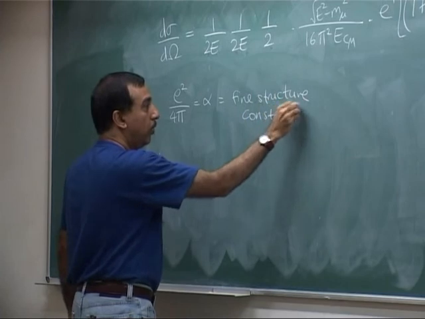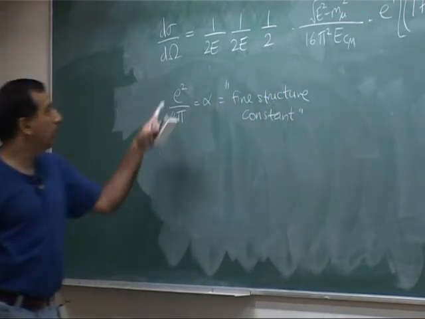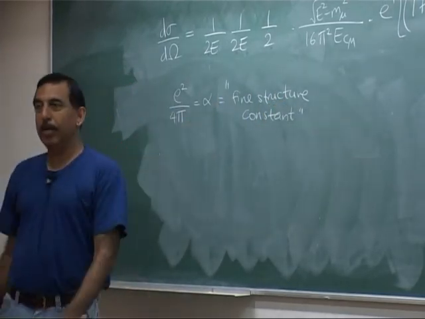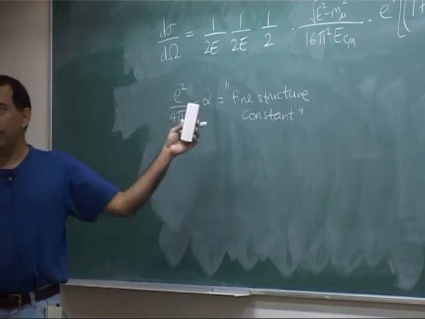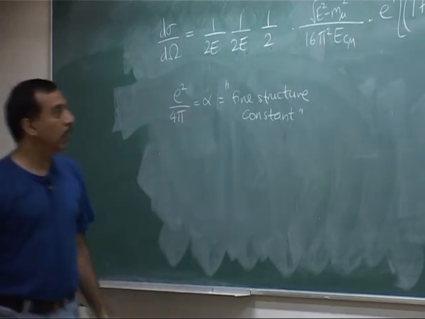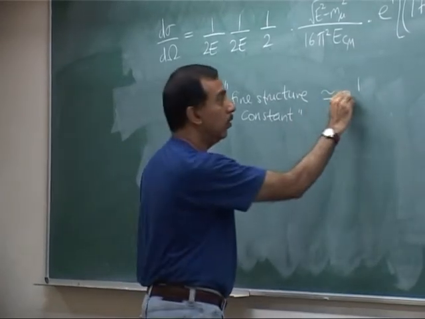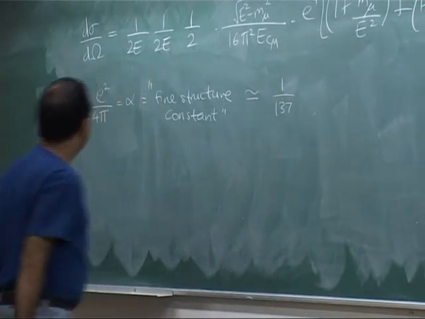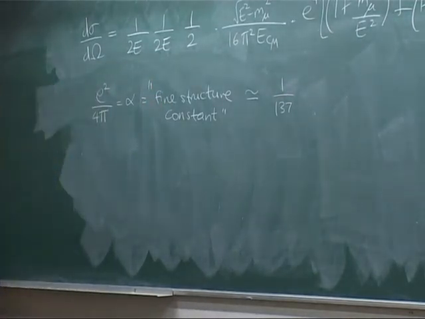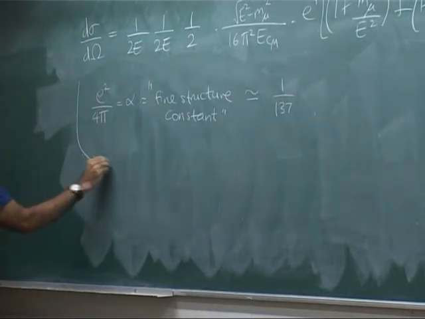So it's the way that we parameterize the electron charge in dimensionless units, that is in units where h bar and c are 1, and in those units this is approximately equal to, very good, and so finally this expression is equal to